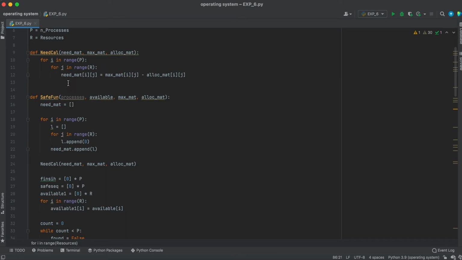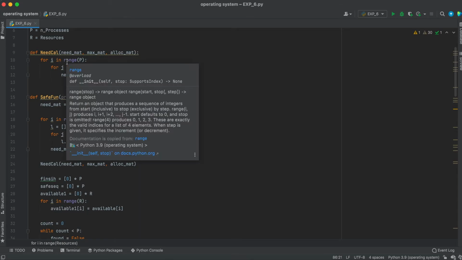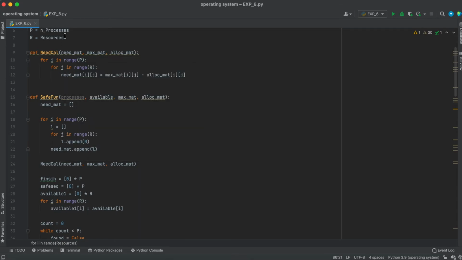Need mat of i and j is equal to the maximum mat of i and j minus the allocation. From the matrix, maximum minus allocation.